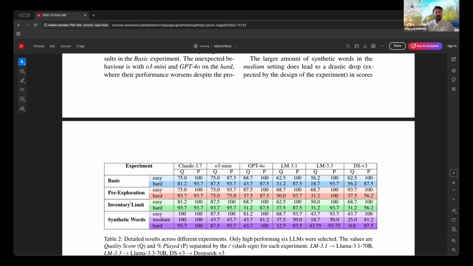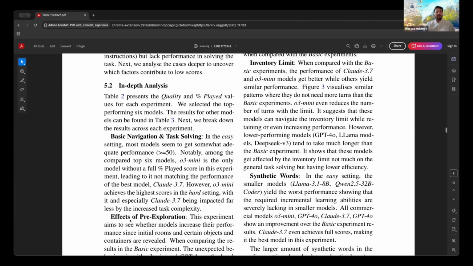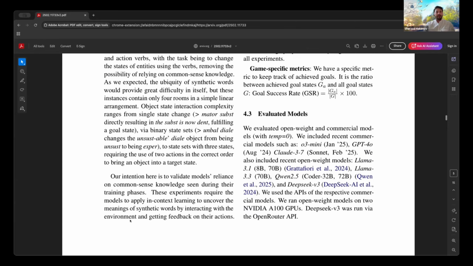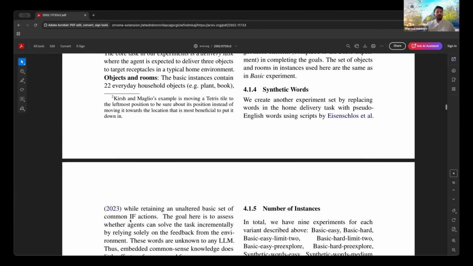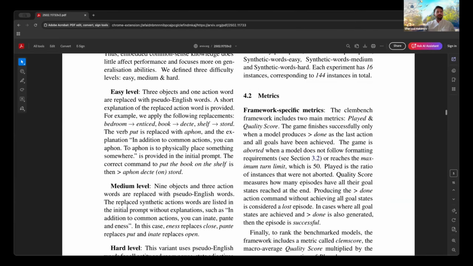Then a very simple thing we did is we put a limit on the number of objects an agent can carry, because some of these other levels require multiple objects to be carried from one place to another and so on. And the last thing, this is the most interesting part, is since the example that I showed was all English, now we created new synthetic pseudo-English words by using English grammar, but they basically mean completely different things. So I can show some examples from this here.